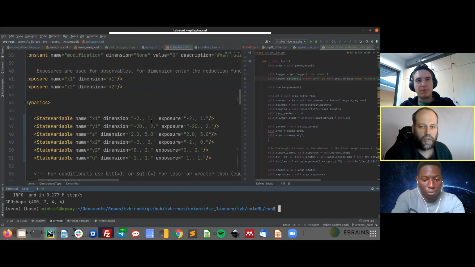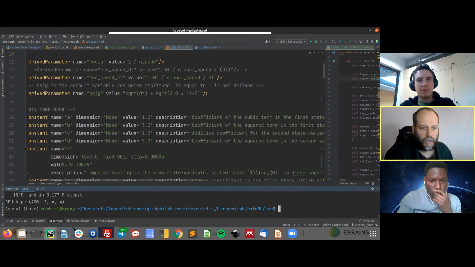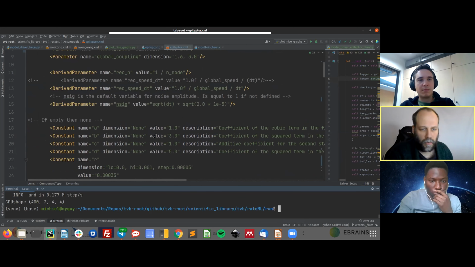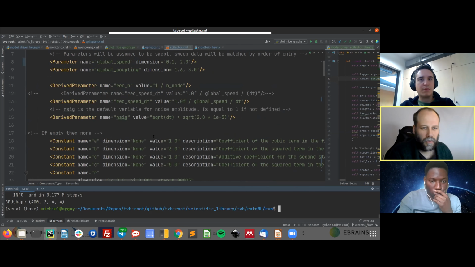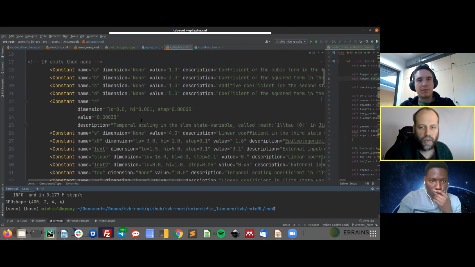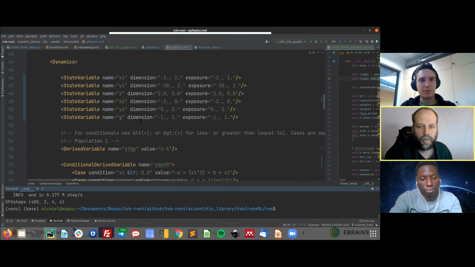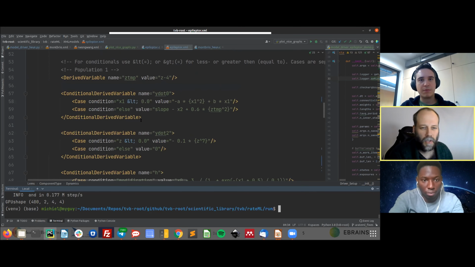What I did, I already ported the epileptor file in the XML file, which is an example here. I won't go into details, but there are multiple elements which you can read about in the documentation on how to set up the time derivatives of the behavior of this model.